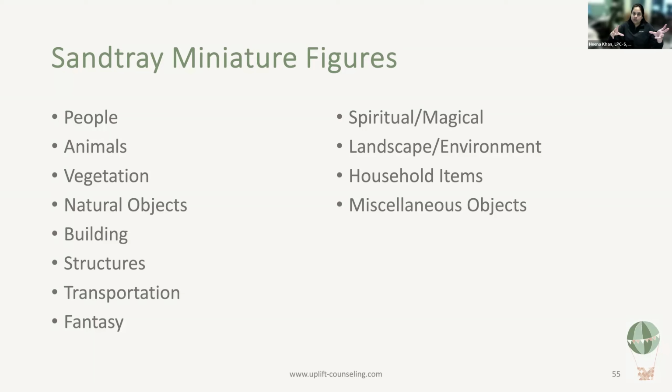So maybe in the people category, you have several different ages, right? In mine, I have several babies, several mom figures, several dad figures. So you want to have that variety based on your clientele, right? And then I've also seen a couple of pregnant figures. So it's about finding the right kinds of miniatures that would align with the work that you do.